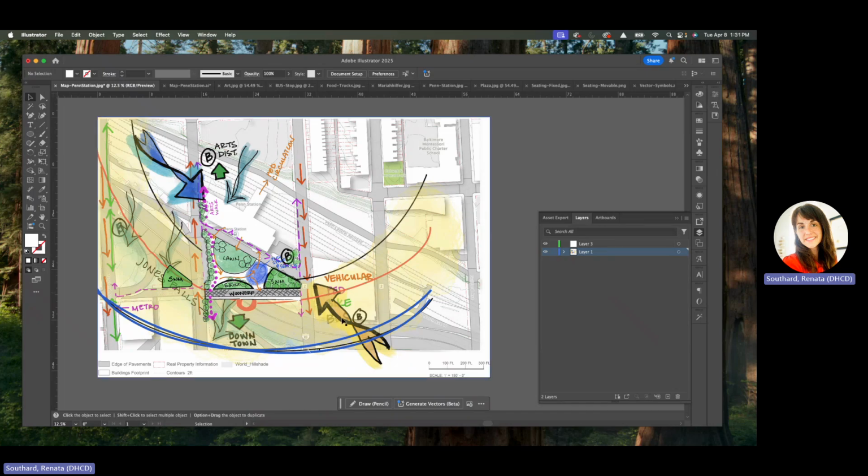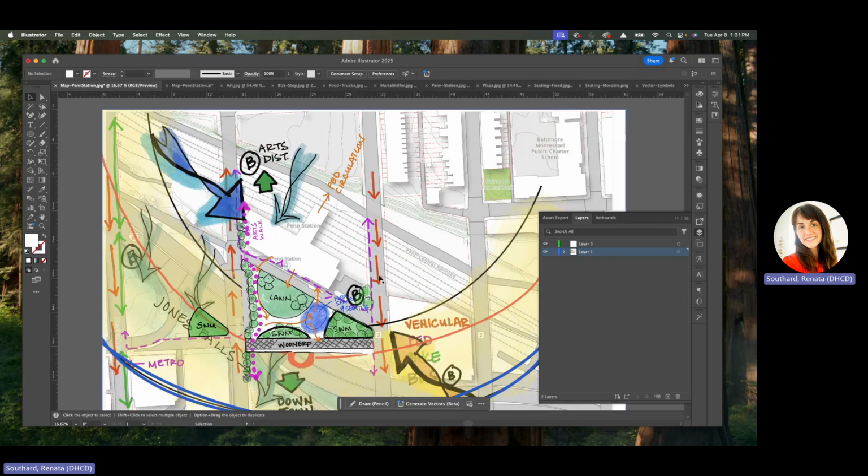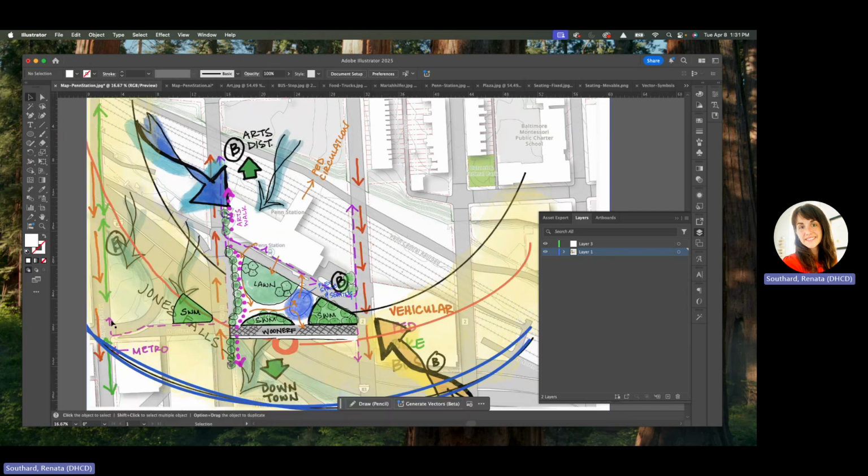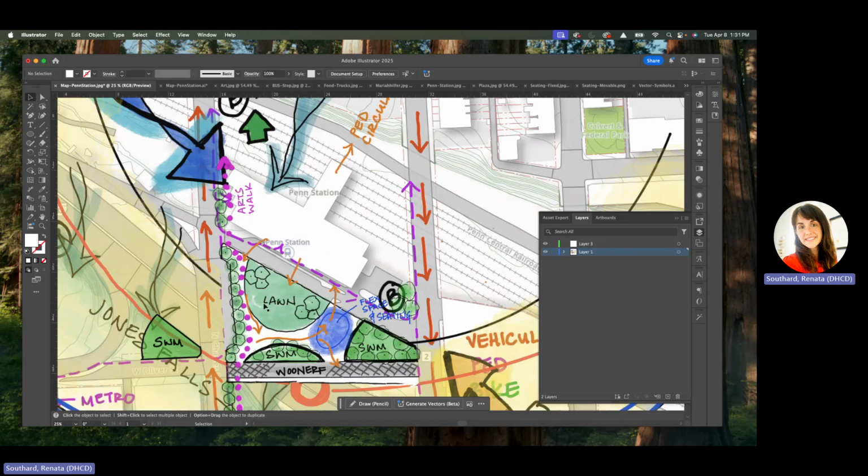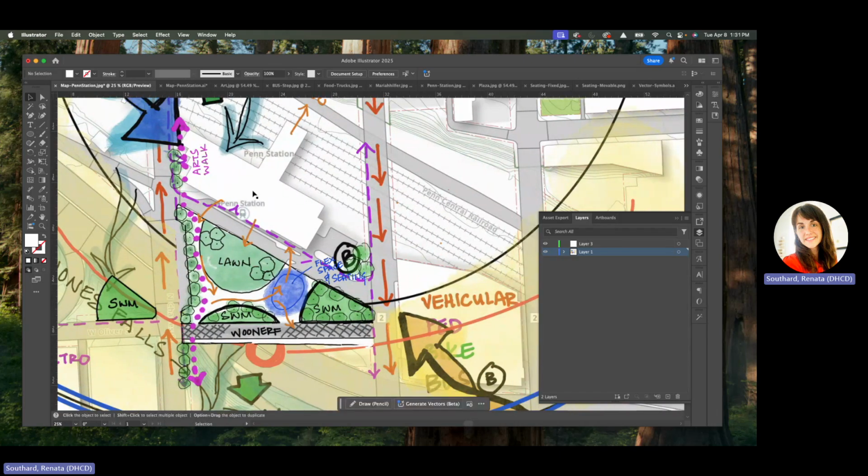I've got kind of like my breezes, cool from the northwest, warm from the southeast. So my winter and summer sun path, vehicular circulation in the red going inbound, outbound on Charles Street. We've got some bicycle lanes in green, ped paths in purple. And then I added this program diagram based on all of this analysis, understanding that the main entry to the